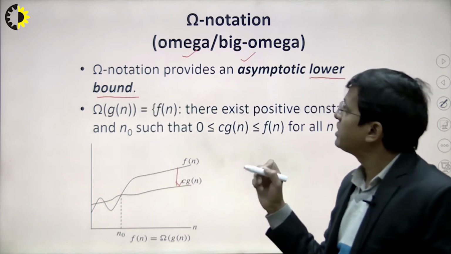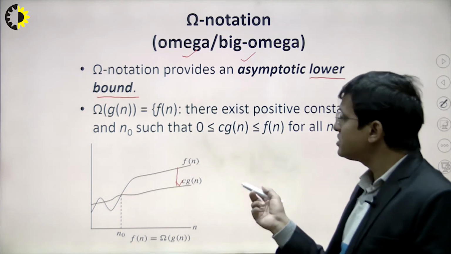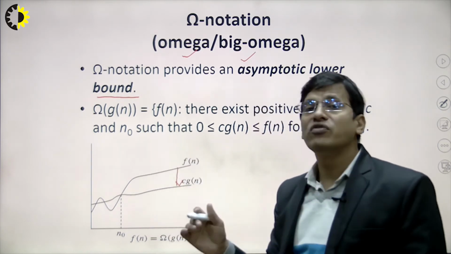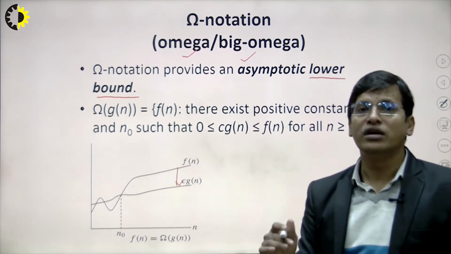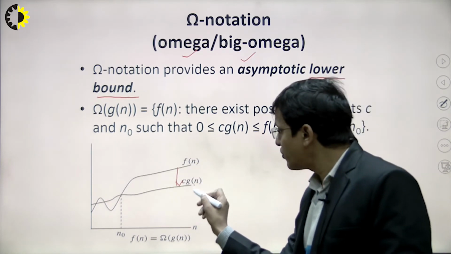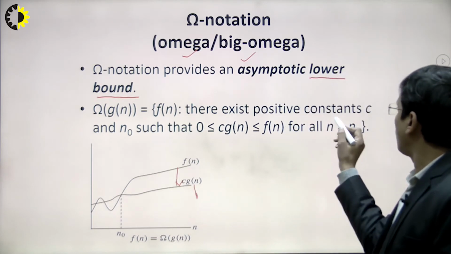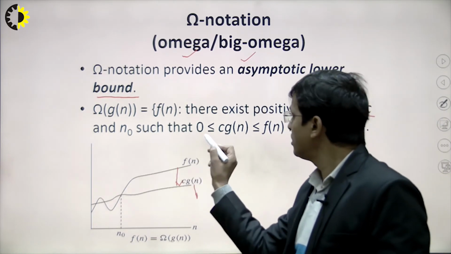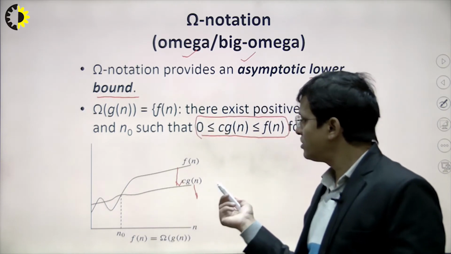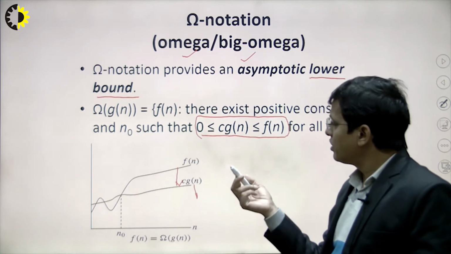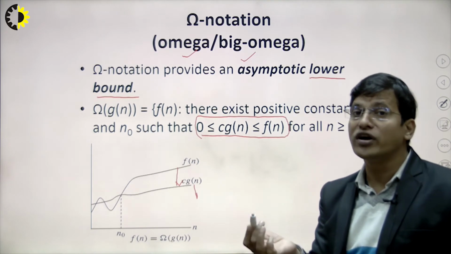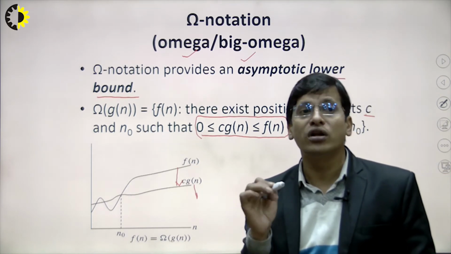This is similar to the big O notation, but in the big O notation we are trying to find the maximum reach of function f of n, and here we are trying to find the minimum reach of that function. Here the minimum reach is defined by g of n, and c is some constant. This is the basic definition. If you know this graph, it will be very easy. We can also think of the omega notation as a lower bound notation, so we are trying to find the minimum reach.